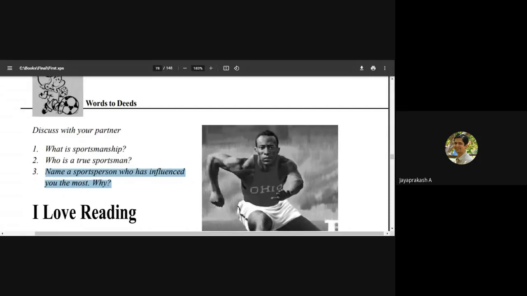So that is about PT Usha. But she achieved a lot of other medals. She has become an international player. She has trained a lot, and a lot of her students have become Olympic medal winners. So in this chapter, if you look at the picture, it is the picture of a very famous athlete called Jesse Owens. He is also an athlete. He is